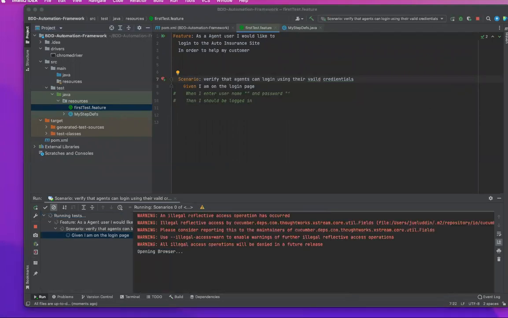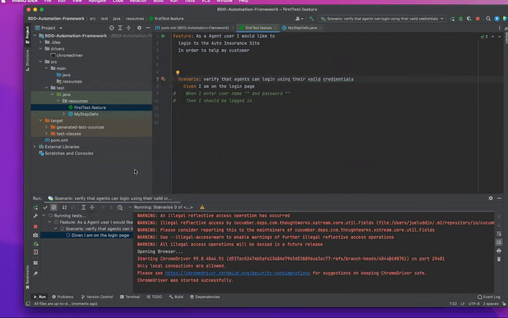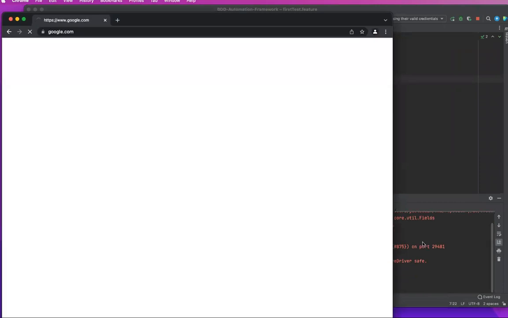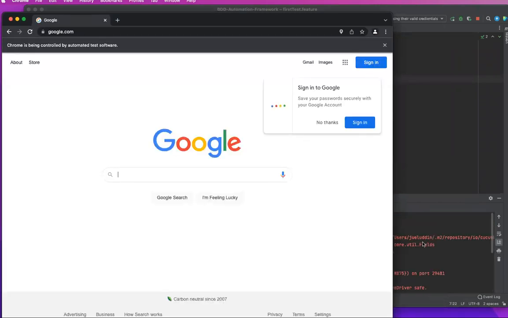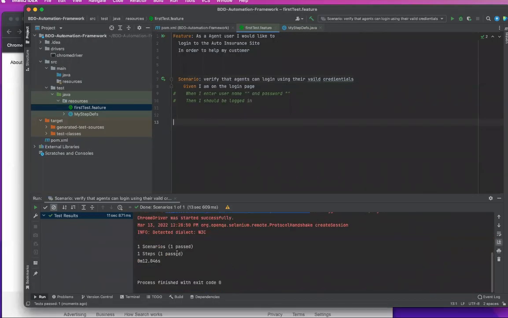So you see right here, it immediately throws this. I'm going to say open. Okay. And now it should probably open up the browser and go to Google. There we go. Okay. So all this time, the issues that we're seeing with IntelliJ is actually my fault because